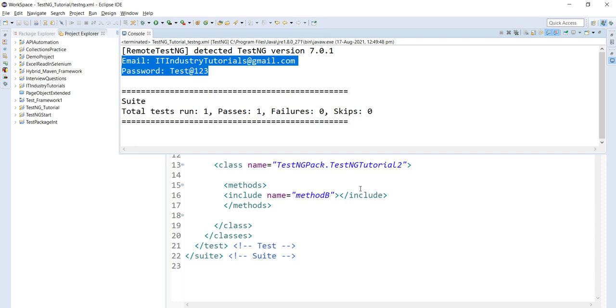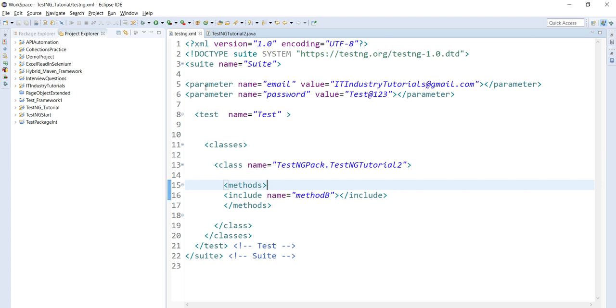Again, in TestNG we usually don't recommend the usage of parameterization. Why? Because we can't write hundreds of parameters over there. Suppose in different test cases we have different scenarios, and for that we have to use a number of inputs. We can't create that many parameters. If we have hundreds of values, we can't create hundreds of parameters in this testng xml.